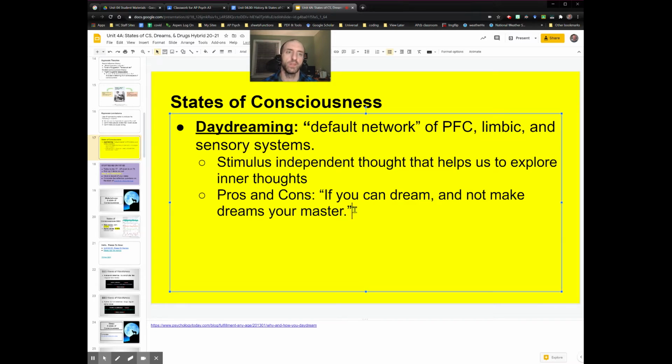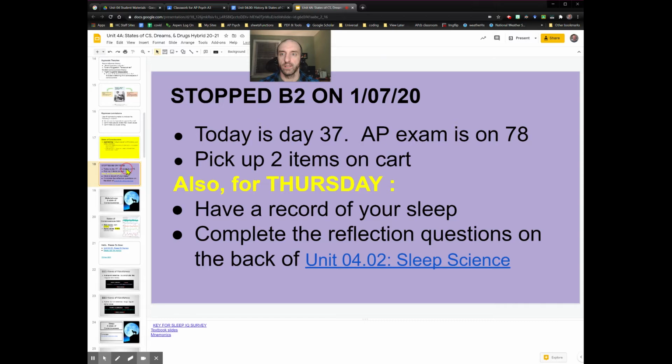And this is from a favorite poem of mine. It's actually now hanging in my hallway at my house. And this is old